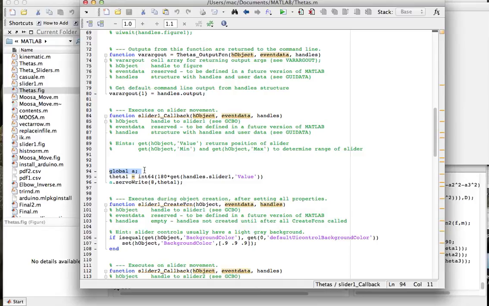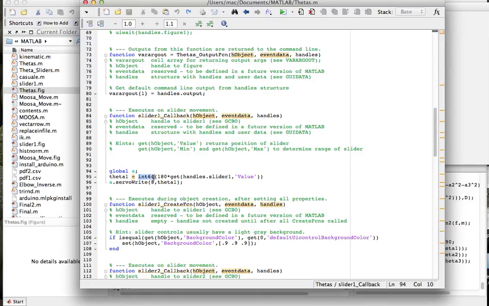We have to define the global A so you can access the A. If you delete this global, you see this will not be green. It doesn't know what this A is, but you have to put this global so this will turn green and it understands what A is. It's an Arduino, right? So we define a global, and then theta 1 is equal to, you remember from the other video, int64